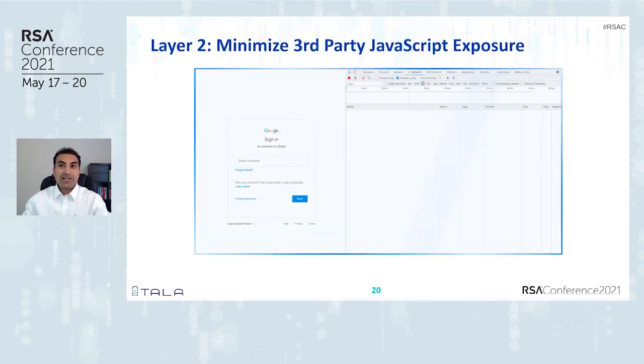When it comes to security, like many things, I'll say learn from the best. And Google is definitely one of the good champions in web security. What you're seeing here is a typical login form that you've seen 100 times, I'm sure, while logging into Google. And on the right-hand side, I have the developer tools open, which has been set to filter out only third-party resources. And as you can see, that list is empty. That is, Google doesn't have a single third-party JavaScript on this critical sensitive page.